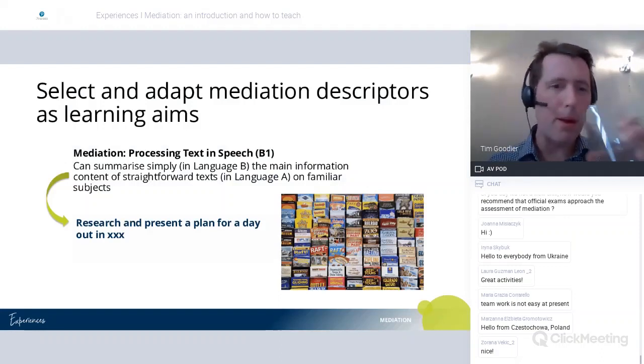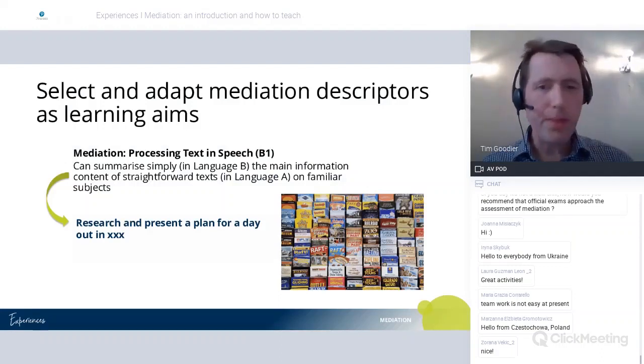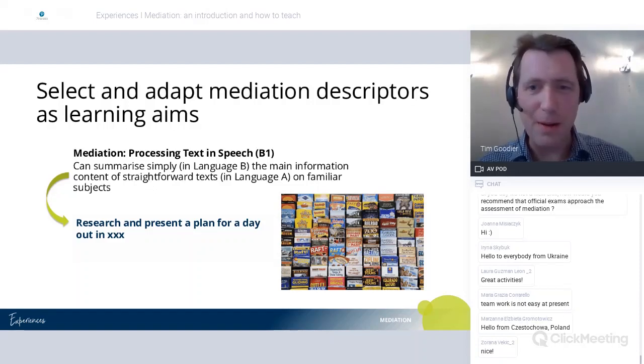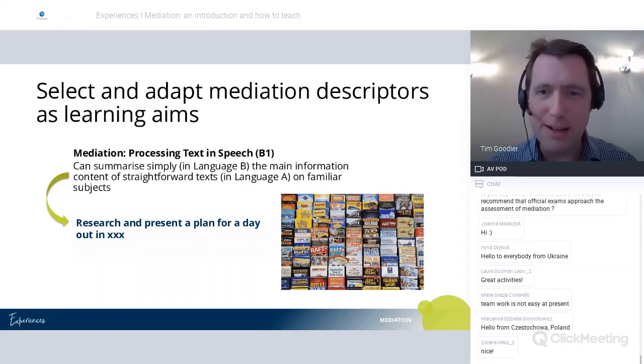So let me just let this slide load. It's taking a bit longer this time, but when it does load, it will show us an example of that